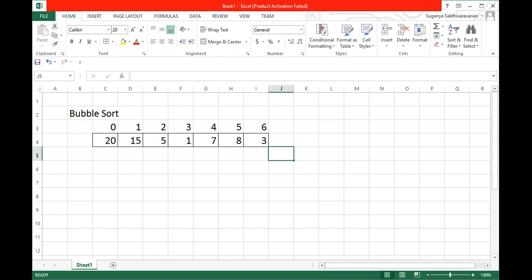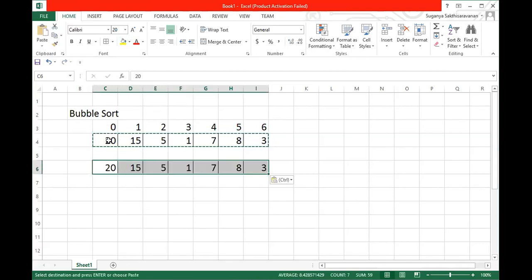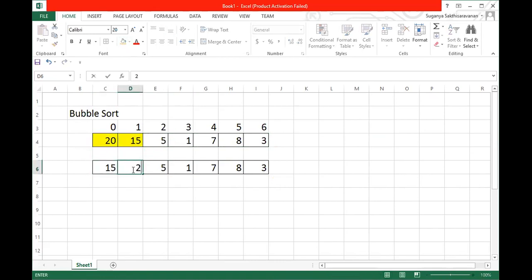Okay, listen. I'll explain the process. Bubble sort does swapping with the adjacent element. Somehow it takes a small element and brings it to the first position. That is fine, but how does it bring it? Initially the first two elements will be taken and compared. Just a minute, let me have a copy at the bottom so it will be easy to proceed. I'll take the first two elements and compare them. If the first element is greater than the second element, I'll perform swapping. 15 will come here, 20 will go here.